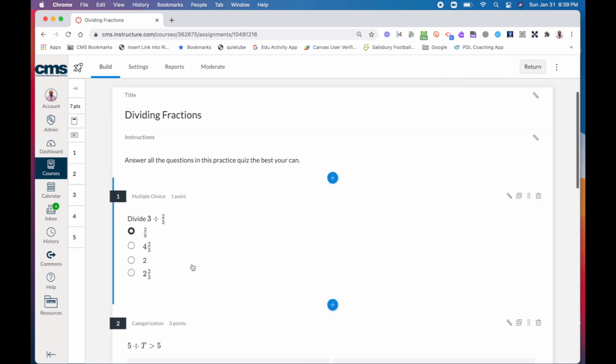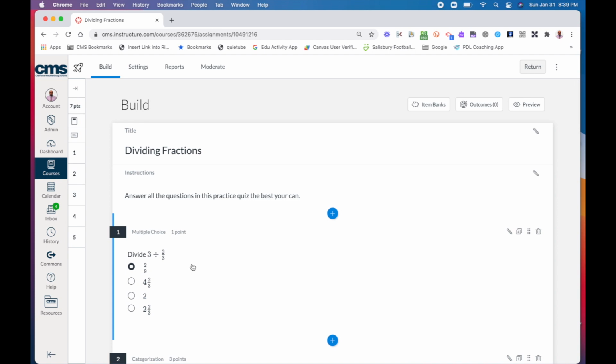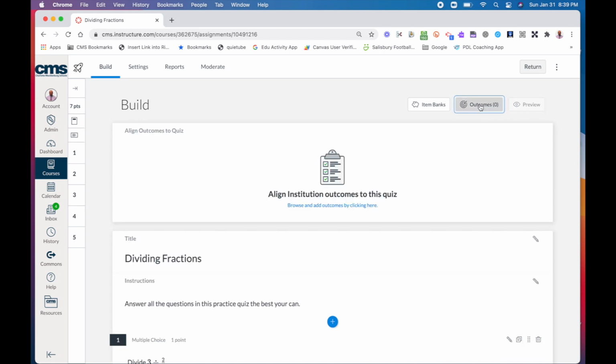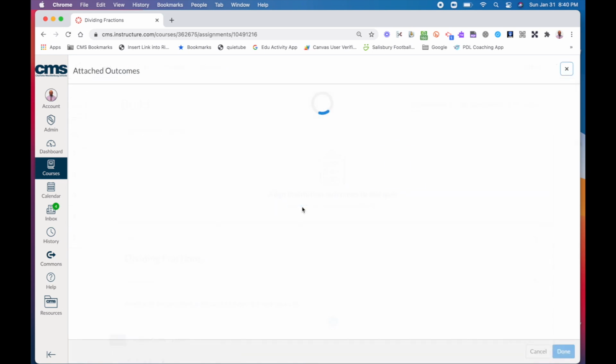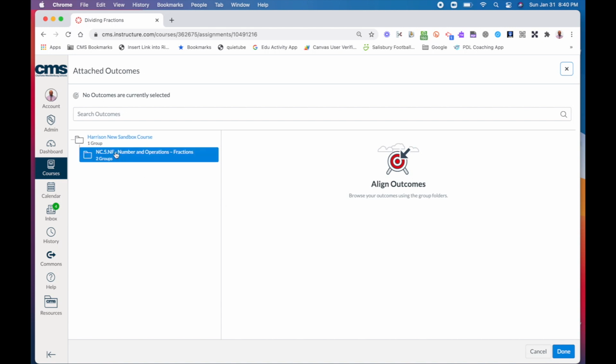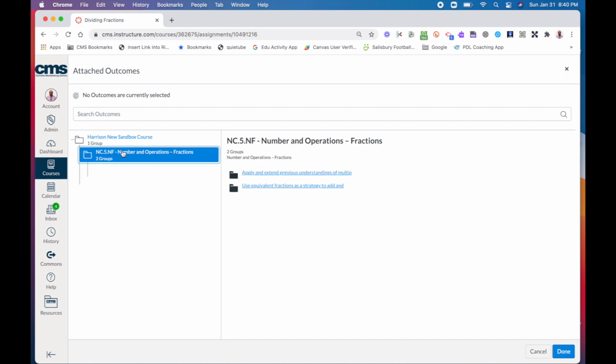And now for quizzes, you can do it in a more direct way. But you do have a couple of options that you should be aware of. First, you'll see you have an outcomes button up here at the top. So as the instructor, I can click on this outcomes button and then click on the link down here where it says browse and add outcomes by clicking here. So when I select this option, you will now see the outcome group that I imported earlier will be available there. And now I can click on that,